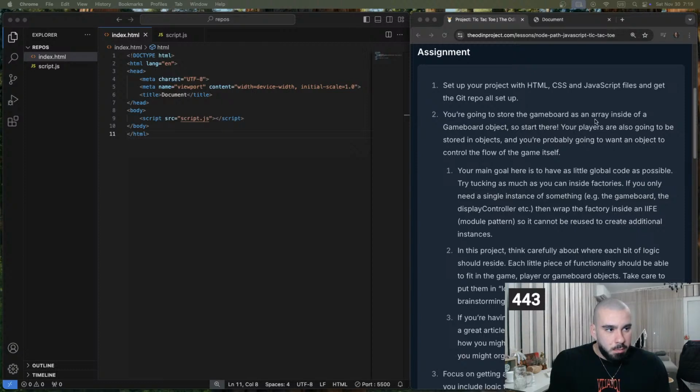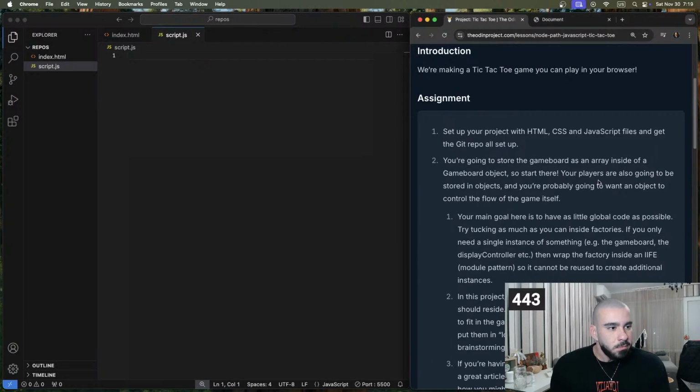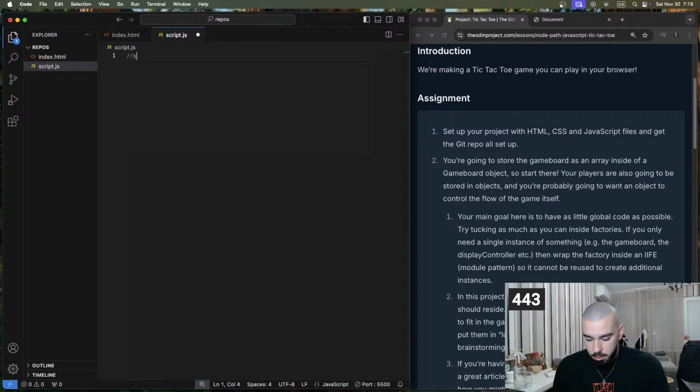You're going to store the game board as an array inside of a game board object, so start there. So we need to start with our game board object. And I guess this is going to be a factory function. But since we need only one, maybe an IIFE, we'll see. Your players are also going to be stored in objects. And you're probably going to want an object to control the flow of the game itself. Alright, so we have game controller, we'll have player object,